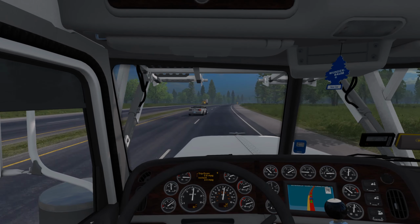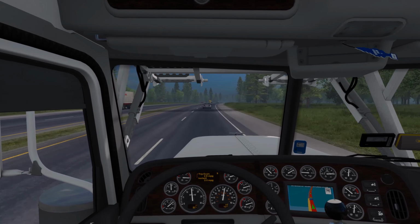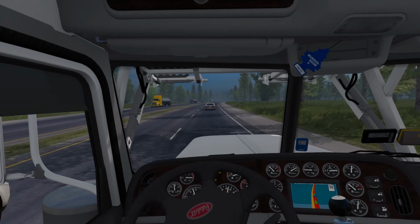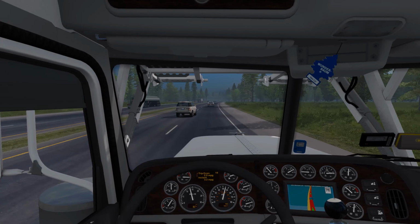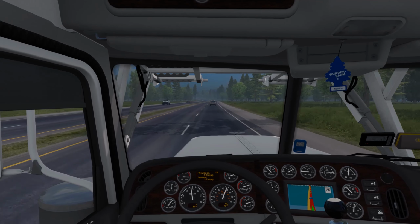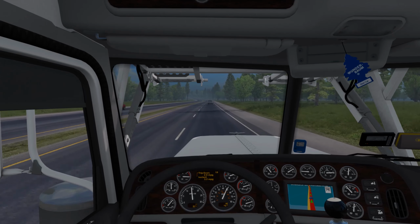That's not for an interior or a high or low poly count or anything like that. That's just the base model itself. If you wanted to throw all that stuff in there, especially a template or anything, it would have raised it up to about $400 or so. And I'm like, oh my god. So it's like, do I really want to spend